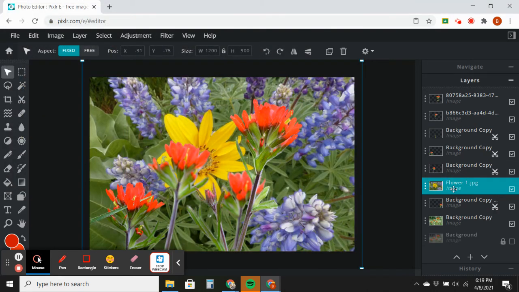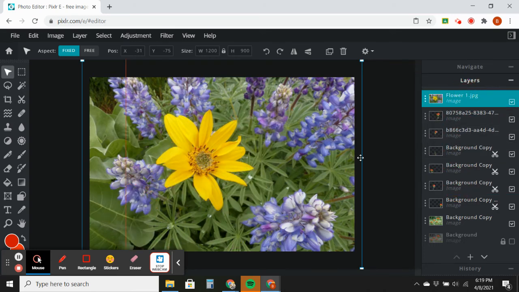Okay, and so it's way behind everything. Let me drag this all the way to the top. Okay, and so basically it covers everything up, but we're going to mask it and move it. On this one, this flower is very vibrant yellow, so it's going to be easy to select using